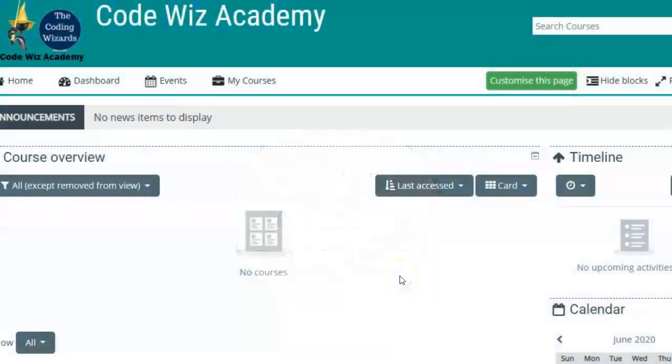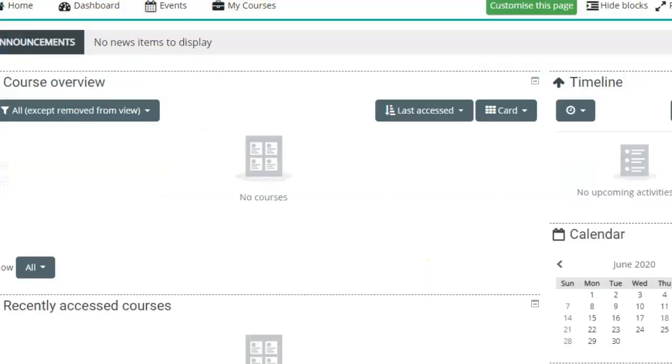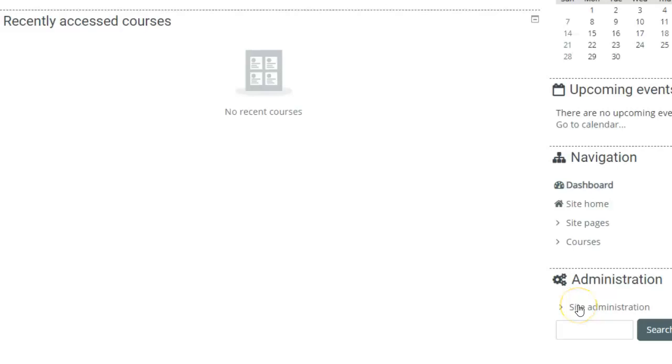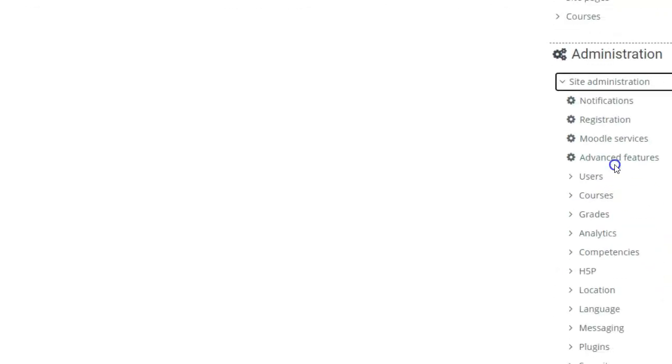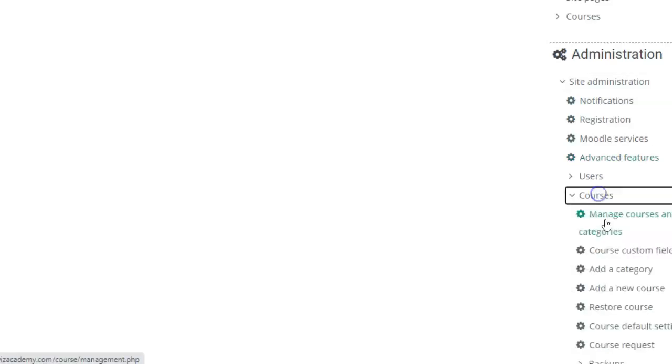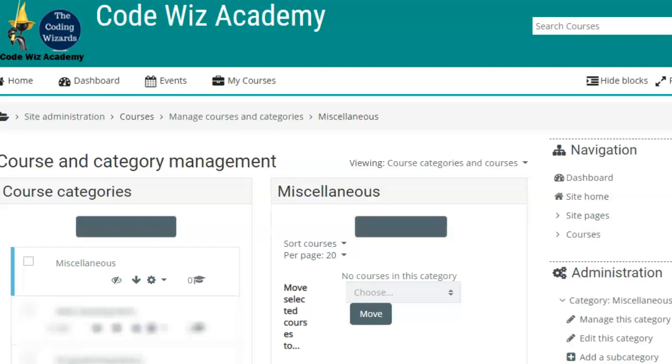Creating a course in Moodle. For this, first of all you need to log into your Moodle site with the admin account. Once you have logged in, click on Site Administration, click on Courses, Manage Courses and Categories, and here you can create a new category for the course that you